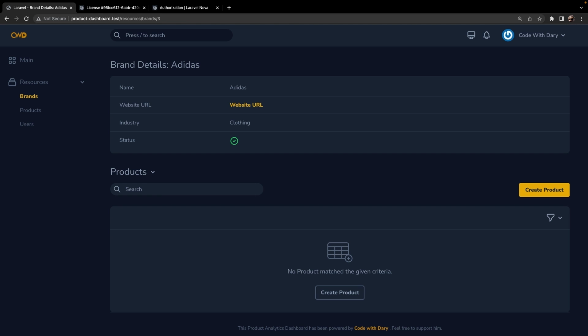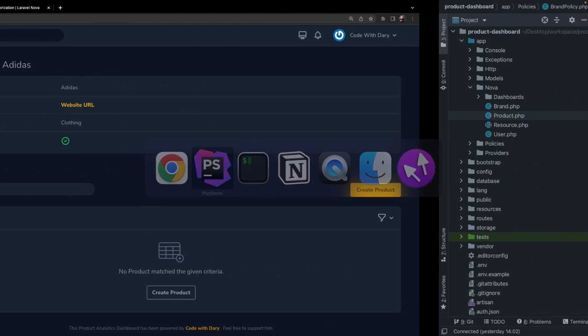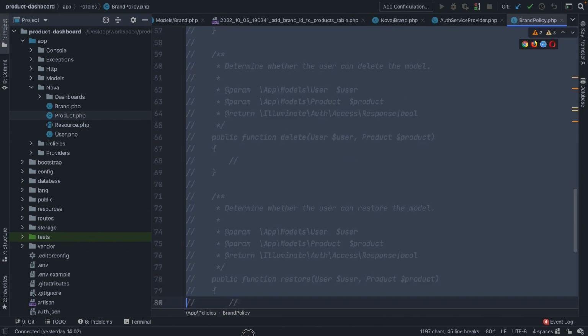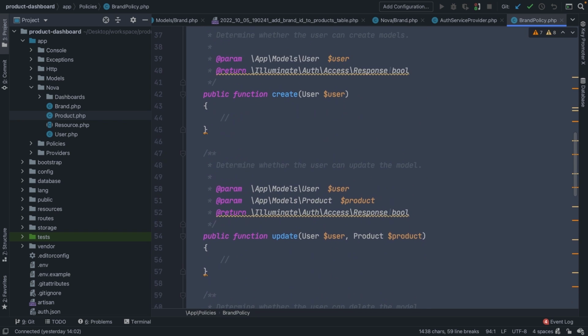Here comes the fun part. What we have to do is tell our application that users with an admin role can create, update, and delete brands. So we basically need to make sure that we allow permissions by overriding the default one. So if we navigate back to PHP Storm and uncomment what we just commented, obviously, and start off with the